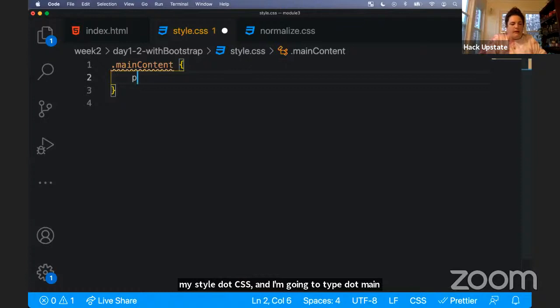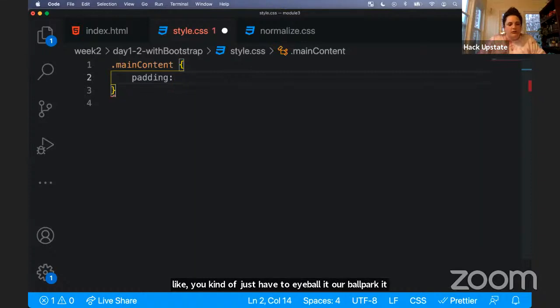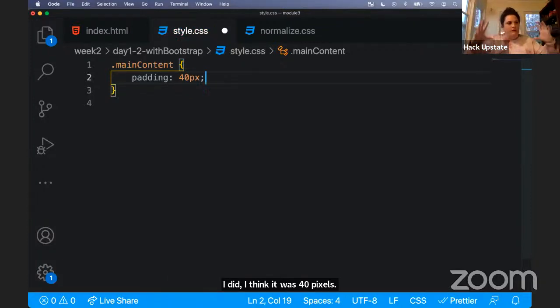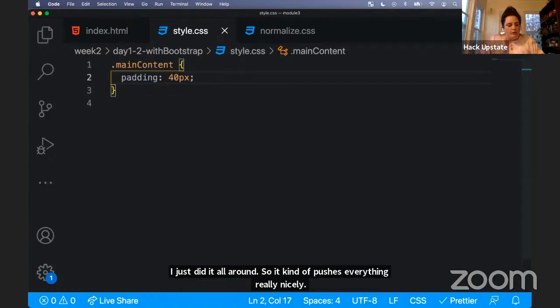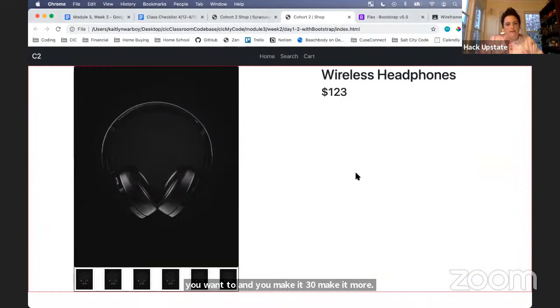And I'm gonna give it a padding, and this is where you kind of just have to eyeball it, ballpark it, whatever looks good to you. I think it was 40 pixels. And I just did it all around. So it kind of squishes everything really nicely. You can do whatever you want. You can mess with it and make it 30, make it more. And if I save that and I refresh,